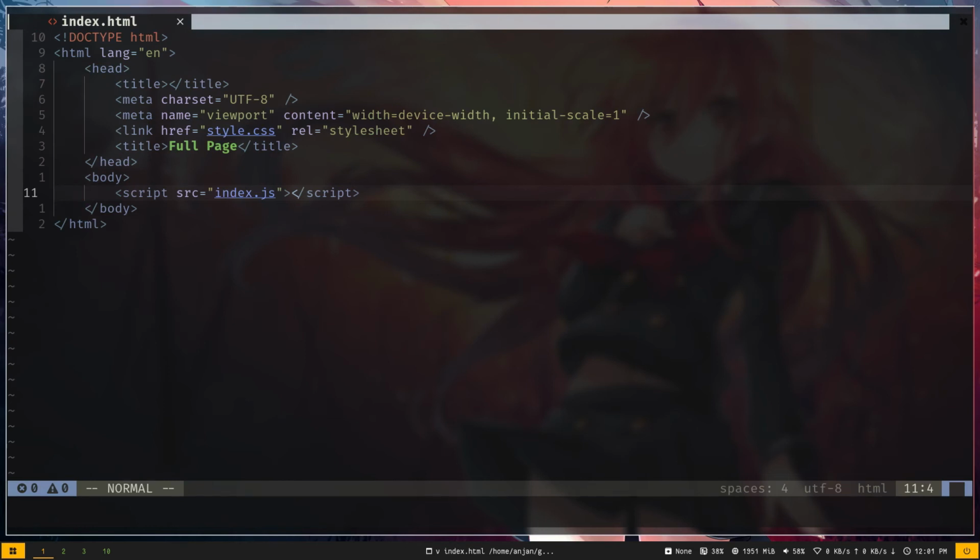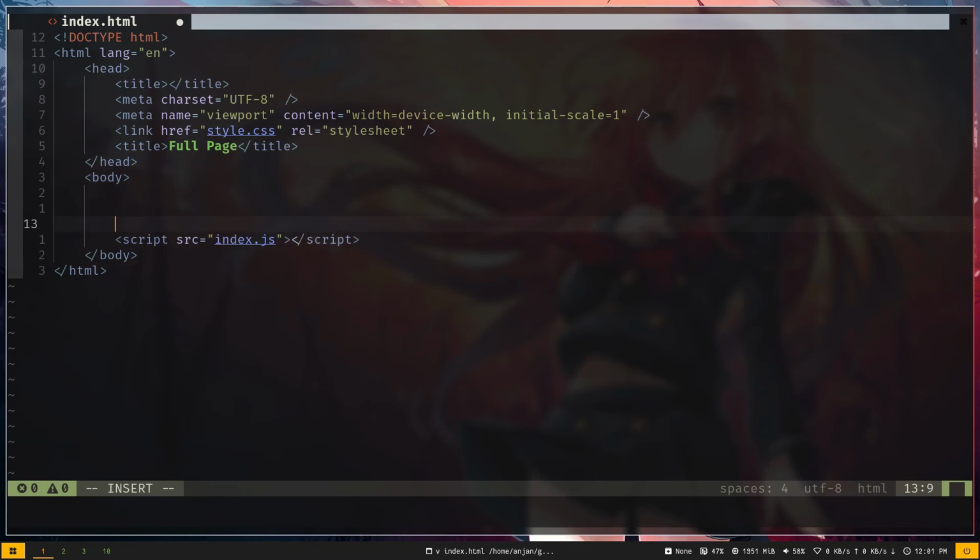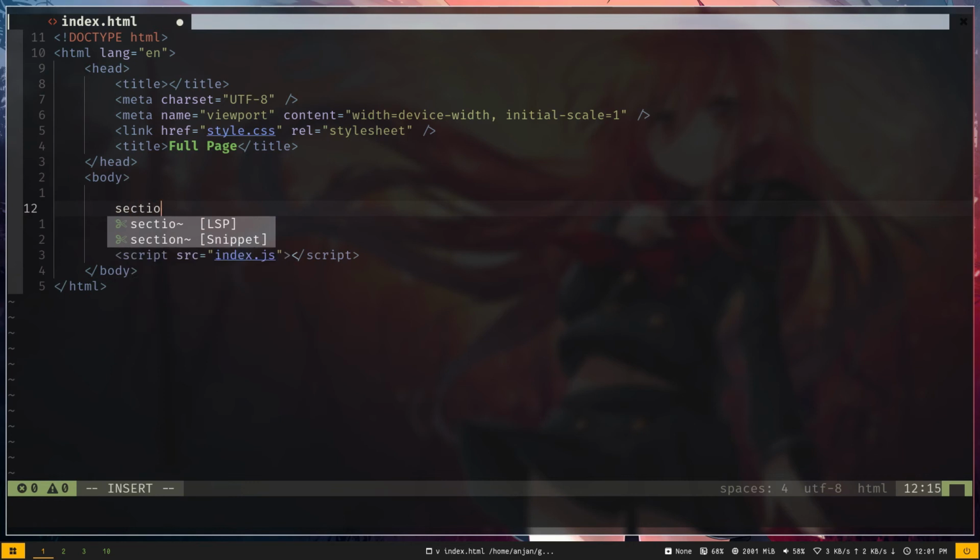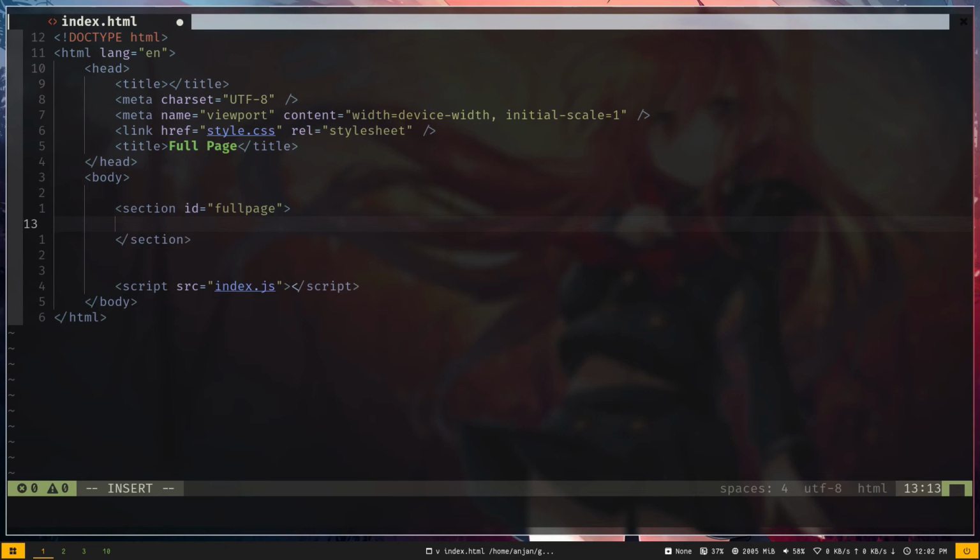So let's create the sections. So let's write our HTML. First we need to create a container that will contain all of the sections. So section with an ID of fullpage, and inside this container we have to add other sections which should have a class of section. So section.section,